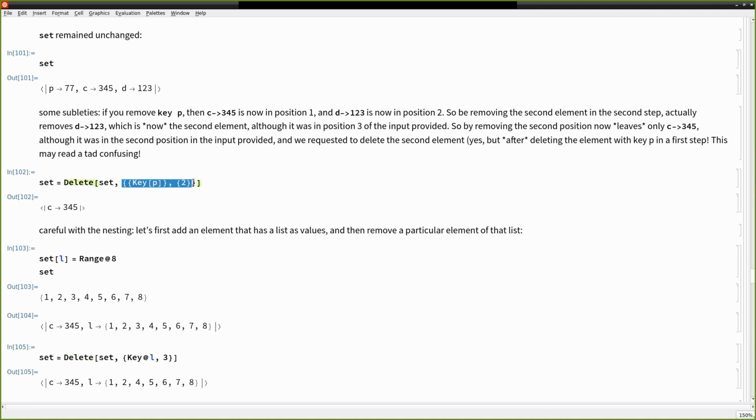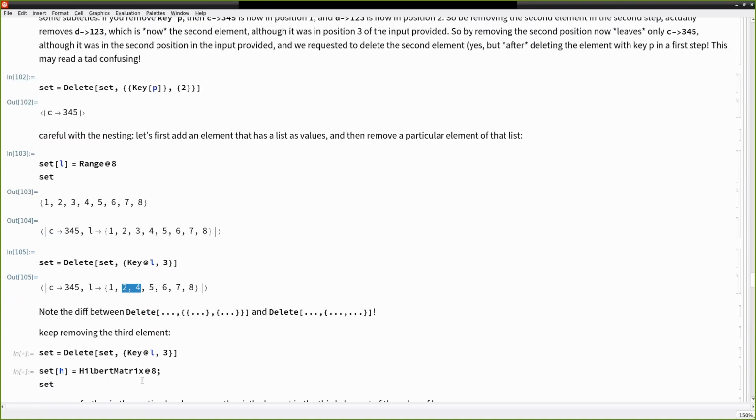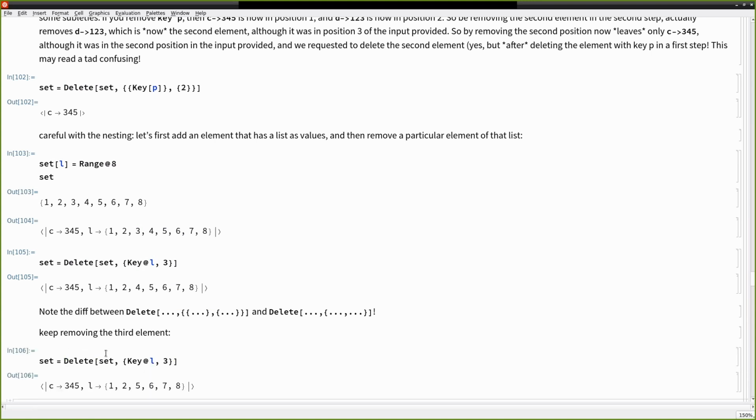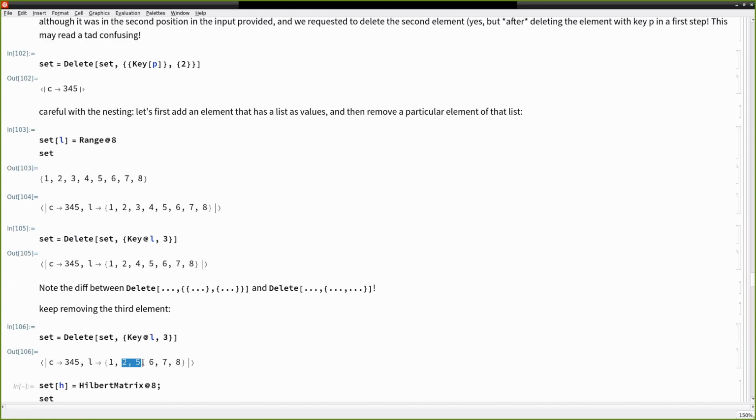Unlike the syntax we had here, this was a list of 2 one-element sublists, right? So this without the sublists now implies nesting. So we look up the key L, that is here, and here we're now removing the third element, that is this 3, and you see that there's nothing between 2 and 4. All right, note the difference between delete, where you have a list of sublists versus a list of atomics. All right, if we now keep removing the third element, you see that, well, the third element here was 4. If we remove the third element, then we get